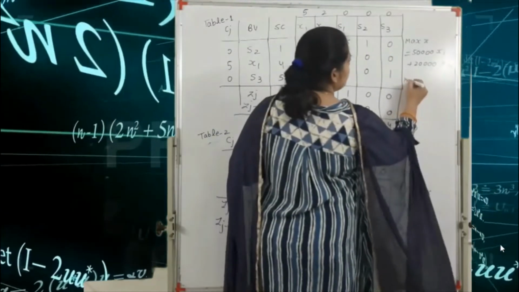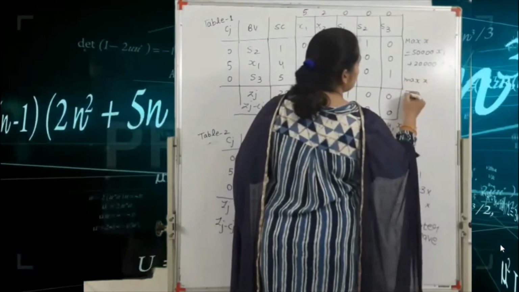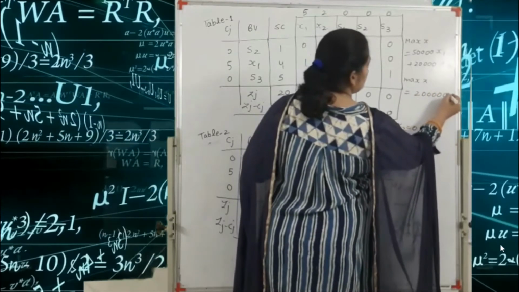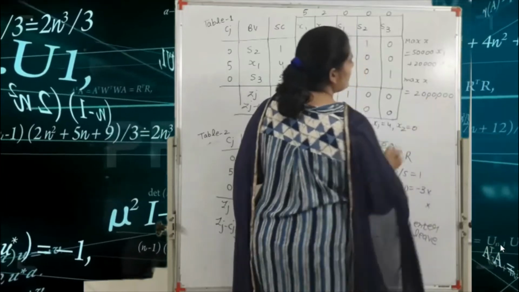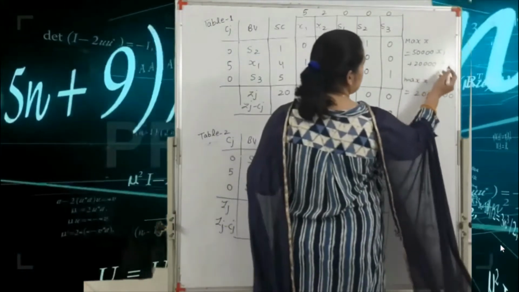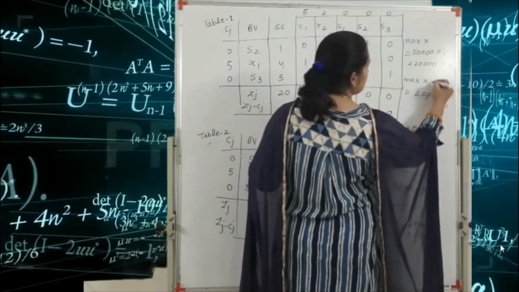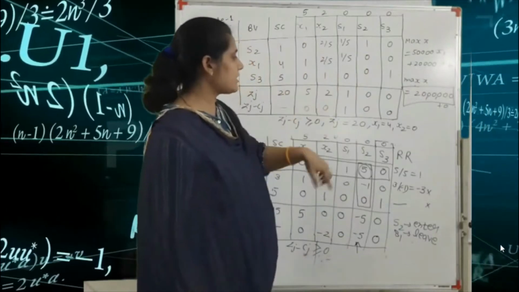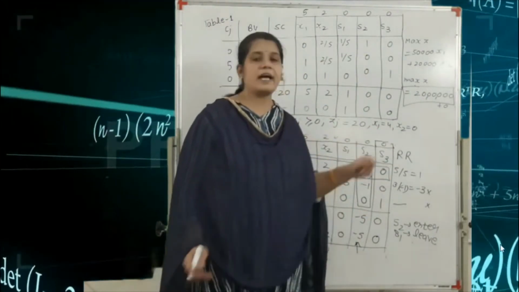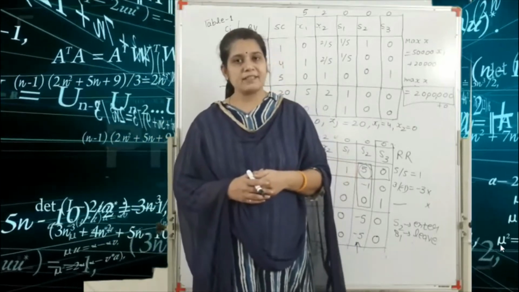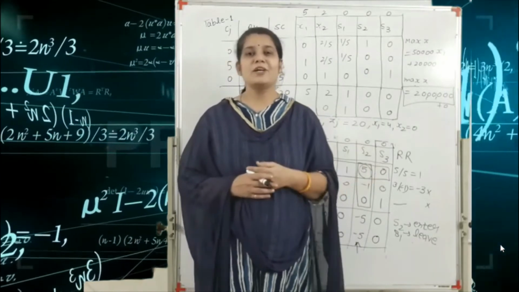So we get maximize Z is equal to 2, 1, 2, 3, 4, 5, 6. Okay, so here 20 lakh. And x2 is equal to 0, so this term is 0. So our maximized Z is equal to what? 20 lakh, and x1 is equal to what? 4 and x2 is equal to 0. So this is the example of the BCAM method with the help of a maximization problem.